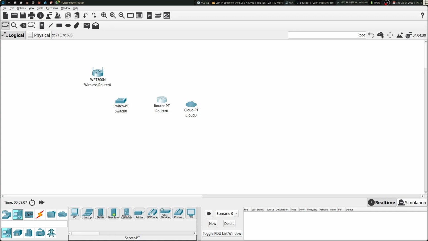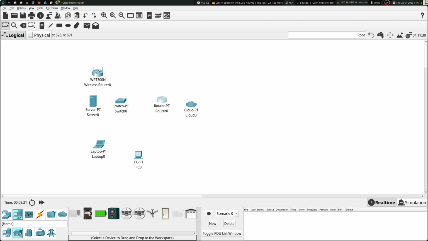So your server, I think, is pretty basic. And then you've got maybe your laptop and your PC. So these all have interfaces of their own that we're going to kind of go over too. But Packet Tracer does have stuff for if you're laying out a logical network of your other home devices as well. So if you're trying to design your own smart home, you can do that as well. They even include the solar panels. But they also include your smart city stuff, so your ceiling fans and whatnot that are laying around as well,